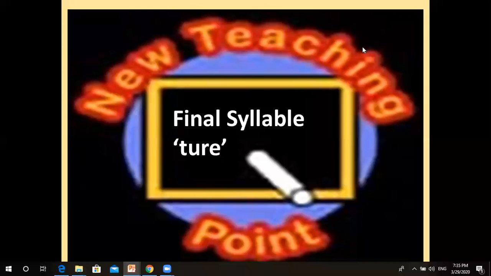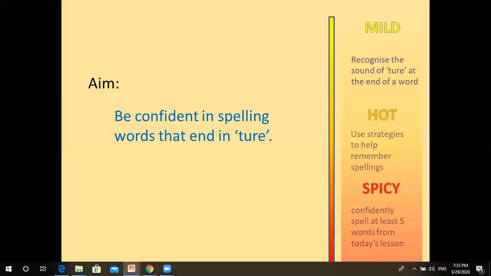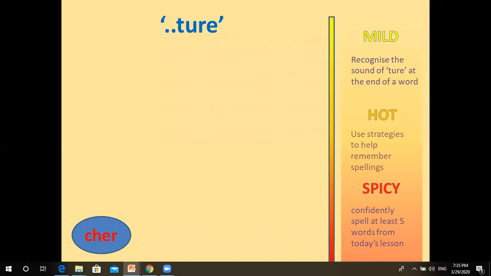Now let's start with the other type of final syllable, TURE. It has a different sound. Be confident in spelling words that end in TURE. So this is the second type of the syllable. We have the first one, TION, which is called shin. And the second one is called